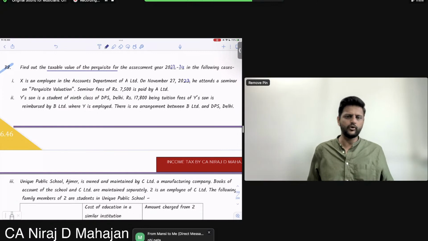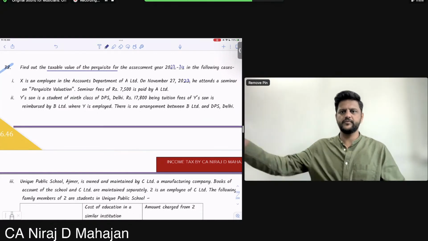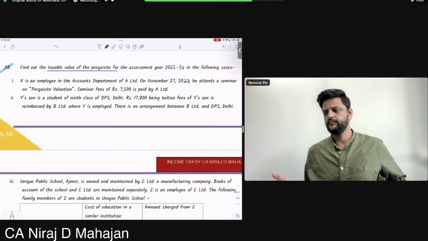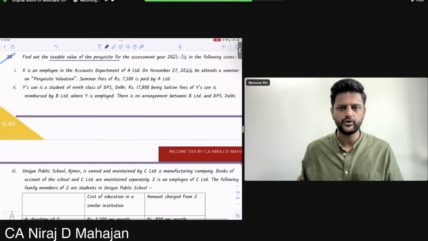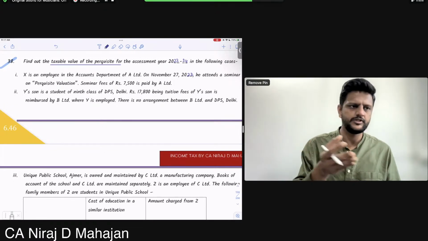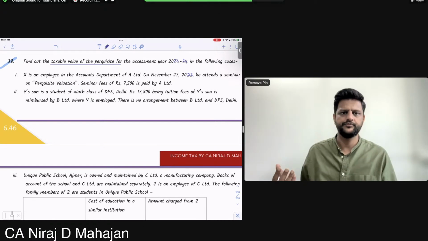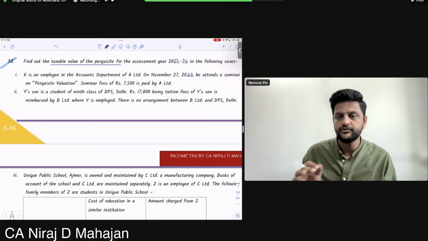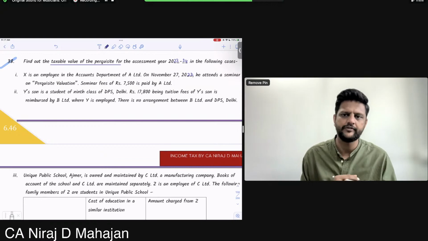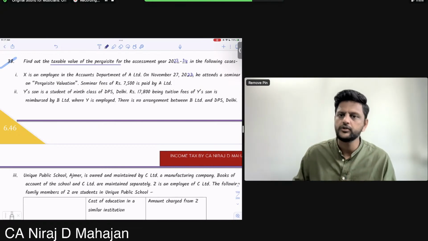Okay, so this is exempt. I got answers from almost all of you. It is exempt, yes, because he is an employee in the accounts department. In accounting, you have to do all the calculation of salaries of employees, and for that calculation, this perquisite knowledge, perquisite valuation rules will be helpful as an accountant. So yes, it is for that purpose. It is not for his personal benefit. The seminar he is doing is in fact for the benefit of the company or the employer.